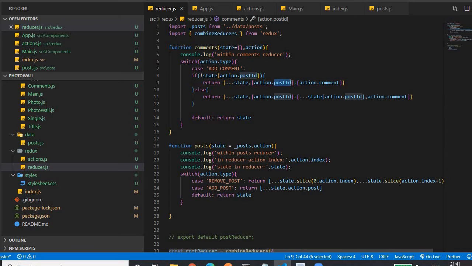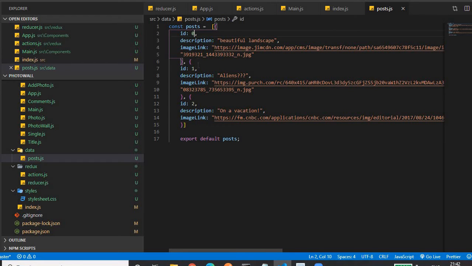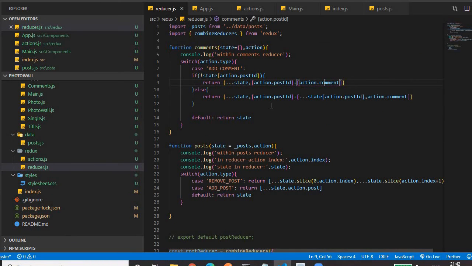This is the property post ID, and this is the comment, which is an array. So comment is a state which is an object. That object has a property of post ID, meaning the image ID, meaning in comment you will find this ID 0, 1, 2, and the value for those IDs will be an array of comments, so that it will track for this image these are the comments, for image of ID 2 these are the comments. Okay,